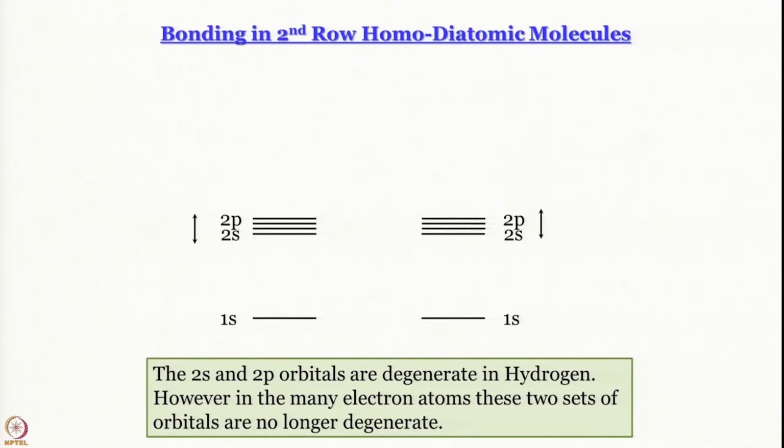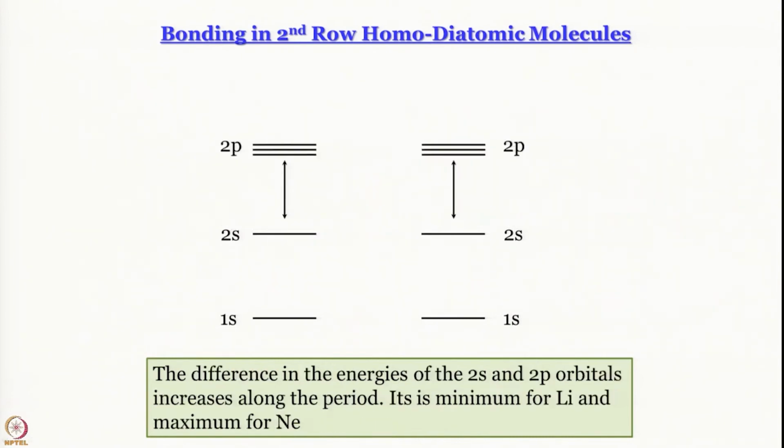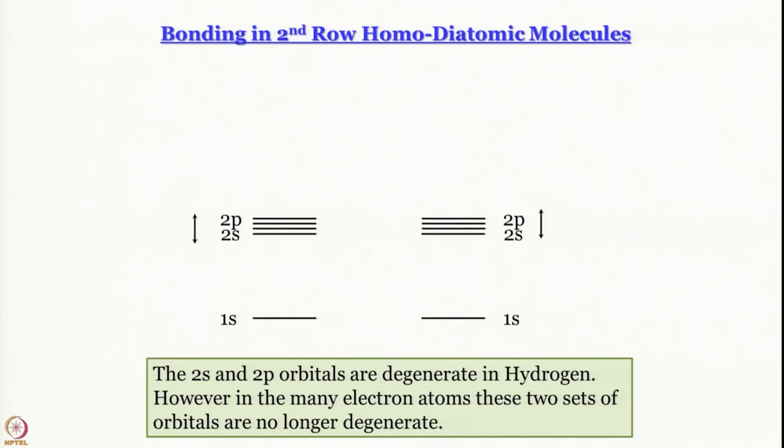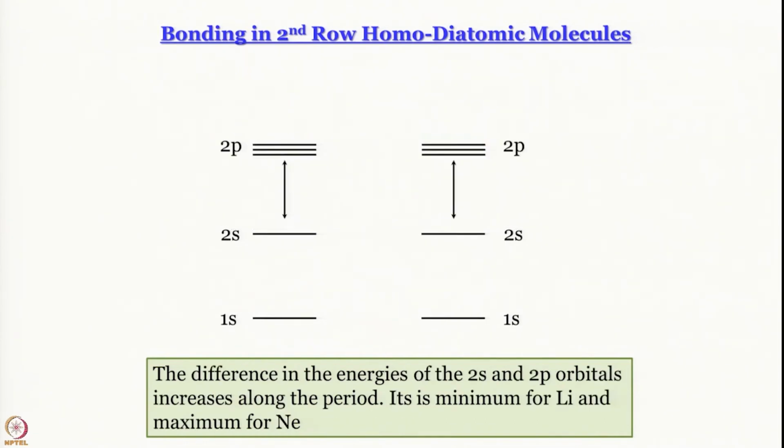And this different model is built keeping in mind that not all atoms or not all elements in the second row have to behave in the same way. So, we start from the situation of hydrogen, where 2s and 2p orbitals are degenerate, right. Now, in a many electron atom we said they are different, but is it a 0-1 situation or is it gradual? Is it that for hydrogen you have 2s and 2p orbitals of the same energy and all of a sudden you go to the second row and they become different in energy from the beginning,